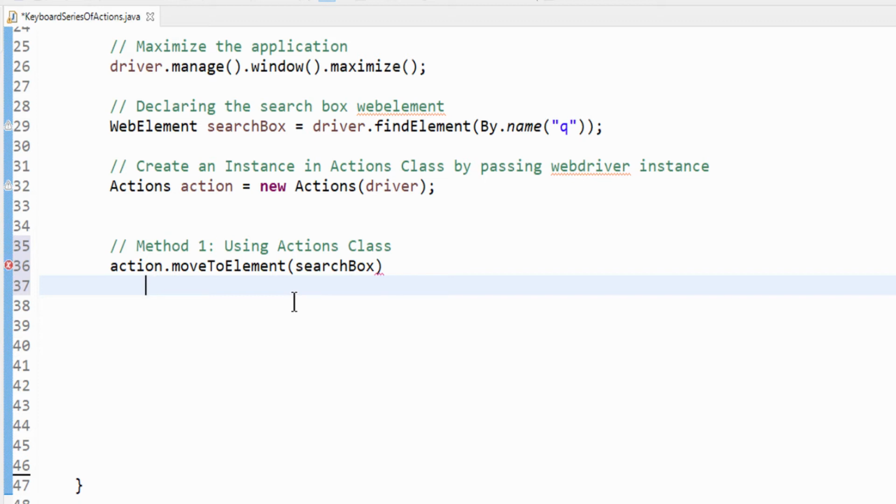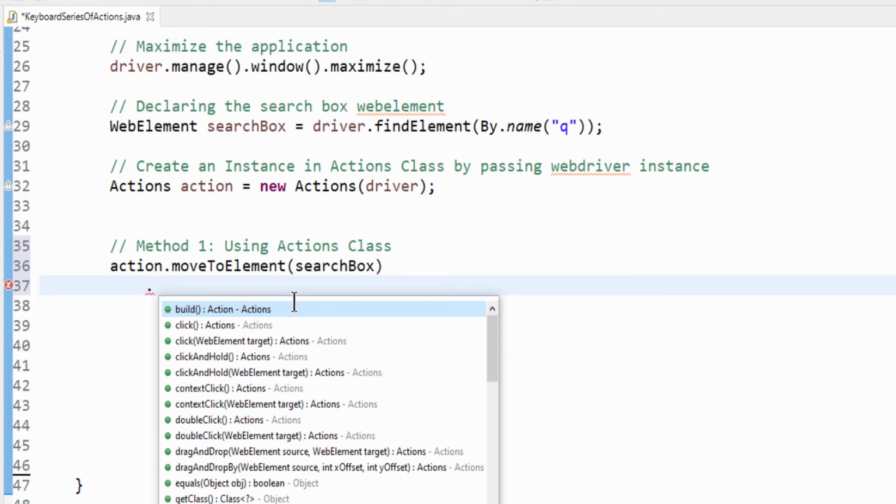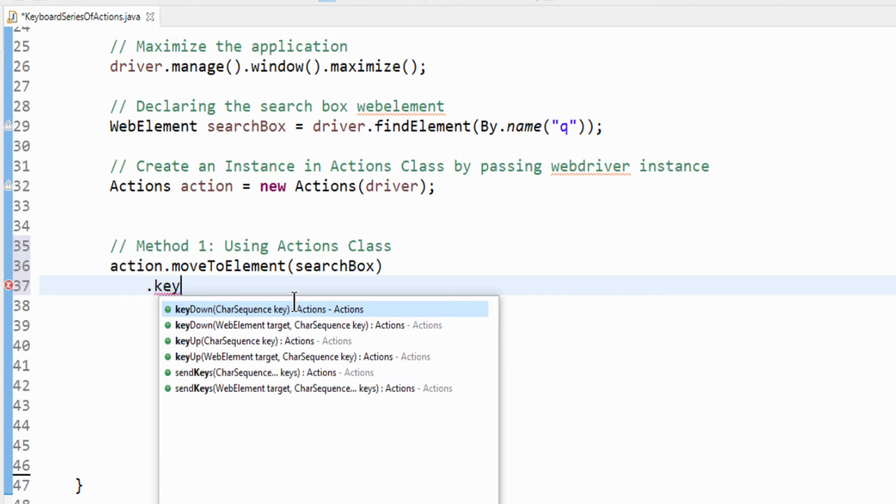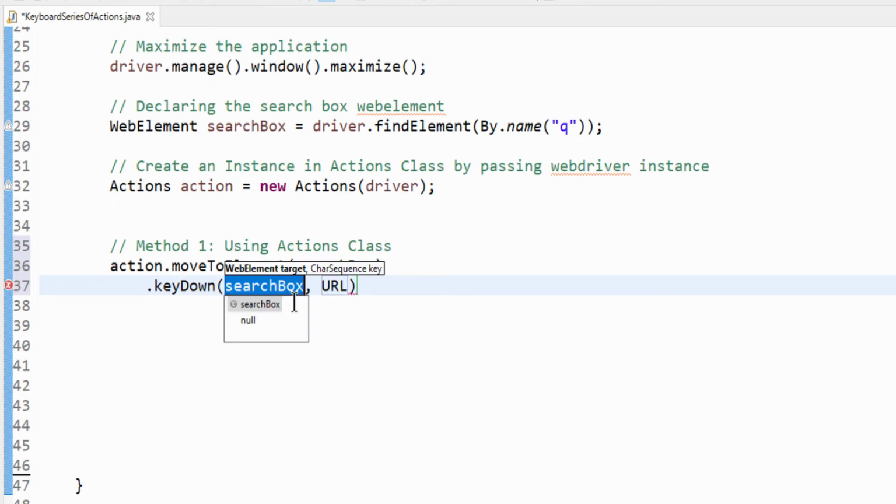In that we have to press the Shift key and type selenium. For that we have to press the Shift key, so I am pressing it, which is also called keyDown. For keyDown we have two methods, one is directly passing the key, another one with the web element and key. The probability of failure will be very less when we select the second one, though the first one is also fine.